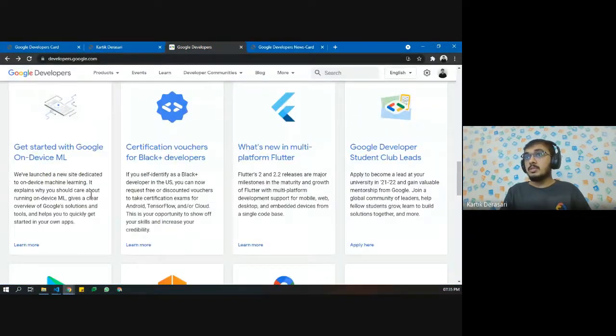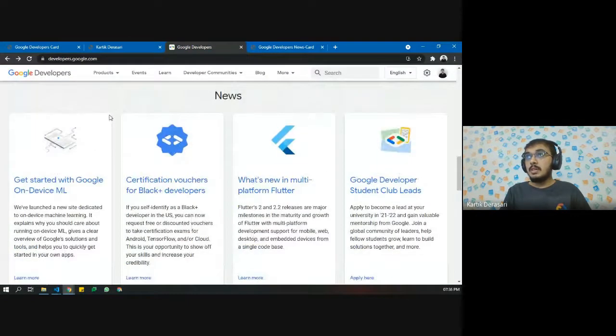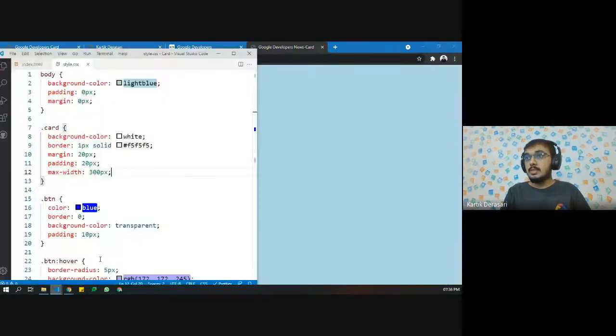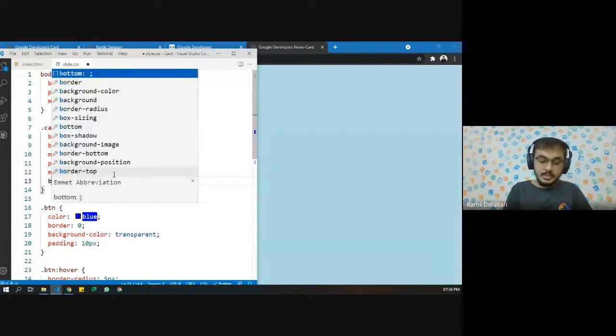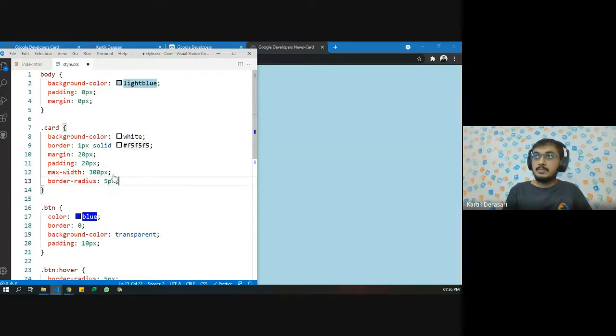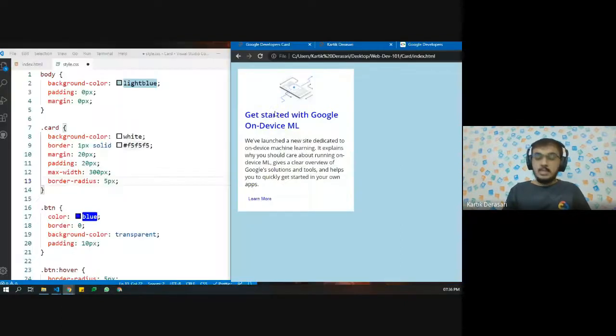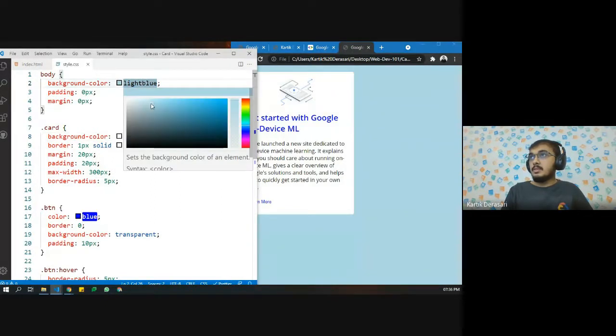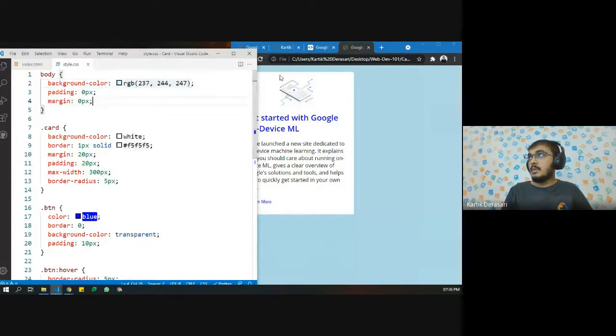Okay, looks pretty similar, but you see that here we have rounded borders, and let us also have some rounded borders here too. Let us say that the border radius should be 5 pixel. We just need to try and test all these kinds of values. It is not that 5 pixel is the only option, it is all a trial and error method. Now it should look good.